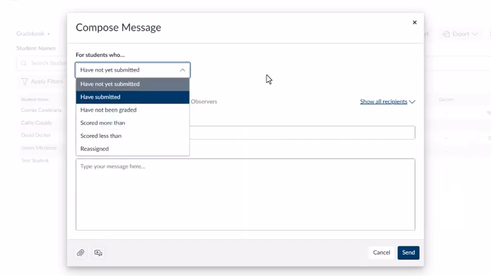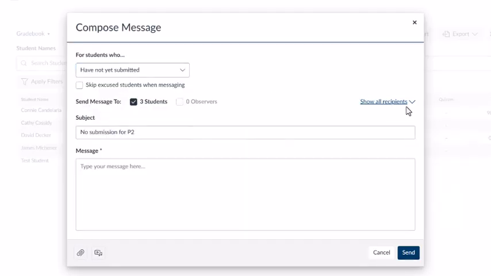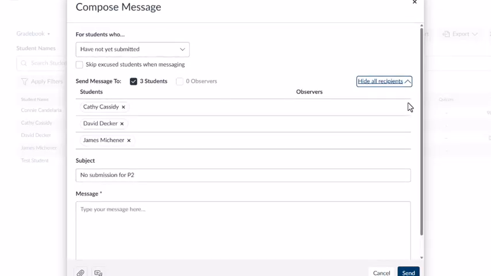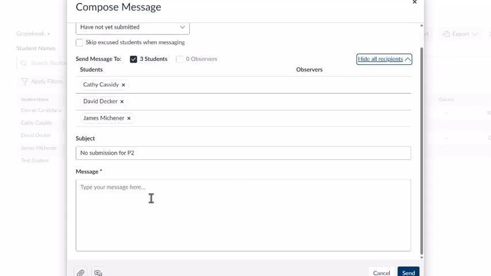Okay, so this has been set up for you to put all of the students who haven't submitted the assignment yet, or all of the students who fit into one of these categories. These are all blind CCs, so it's not showing everybody who hasn't submitted yet. It's a BCC, and this is a good subject line, but you can create whatever message you want.